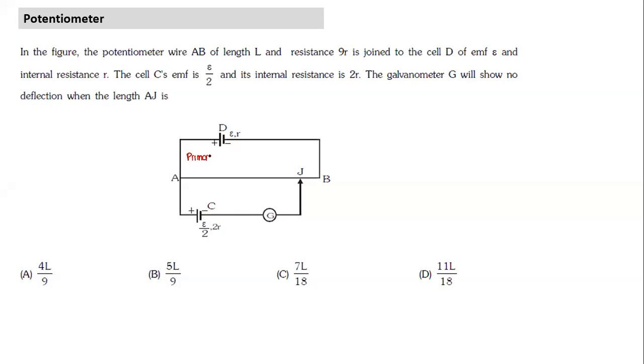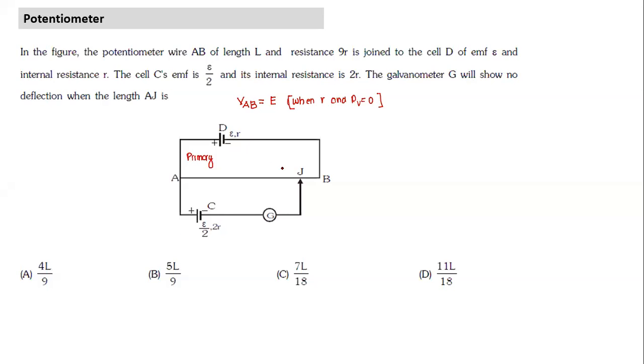In this case, the primary circuit has internal resistance, so the potential difference between A and B will be less than E. It will not be equal to E. That part we have to understand. The moment you notice there is any resistance here, see, if internal resistance plus external resistance are both 0, the potential difference across AB is equal to the EMF of the battery. So VAB is equal to EMF under which condition? Under which condition is the potential difference across the potentiometer wire equal to the EMF of the battery? When the internal resistance R and the external variable resistance are both equal to 0, then only it happens. Not in this case.